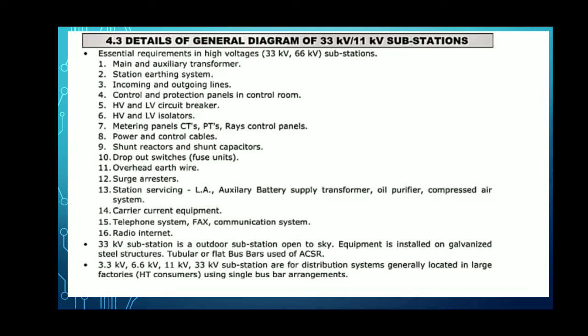Then metering panel, power and control cable, then shunt reactor and shunt capacitor, then fuse, overhead earth wire, surge arrestor or lightning arrestor, then station service and auxiliary battery supply, then oil purifier, then compressed air systems, then current transformer, telephone systems, fax and communication systems are also required